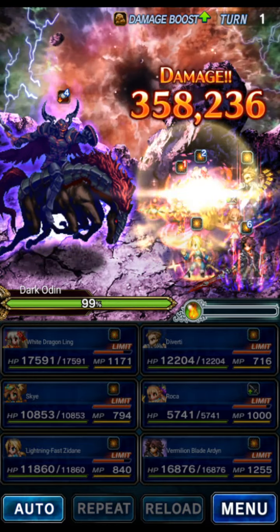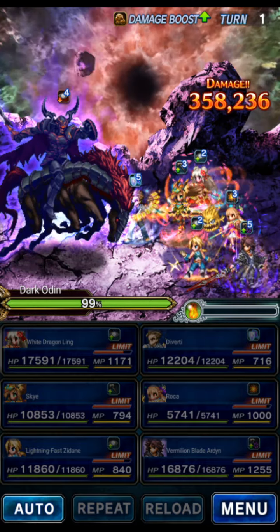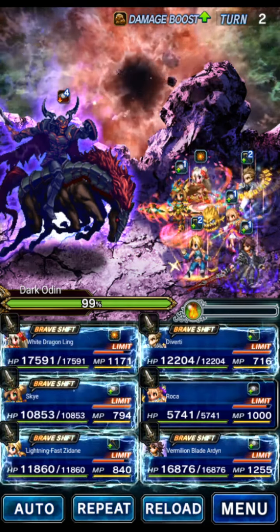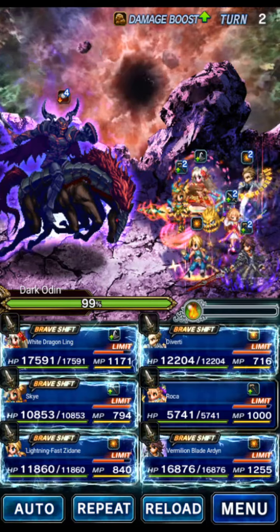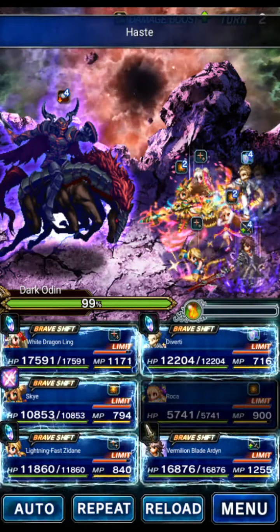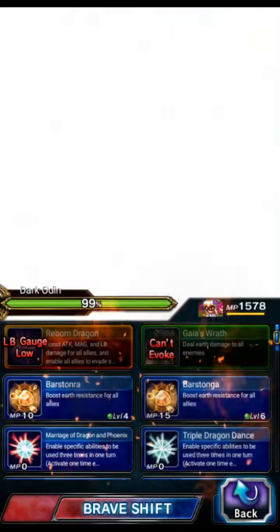Okay, so we double Miraged, so we don't need any light resistance this entire clear. We're going to be double Miraging everything with Ling, and then recovering the magic with a fire immune Diverti. Alright, so on this turn, we're going to just have Roka triple cast haste again. We're going to go to the shift form of